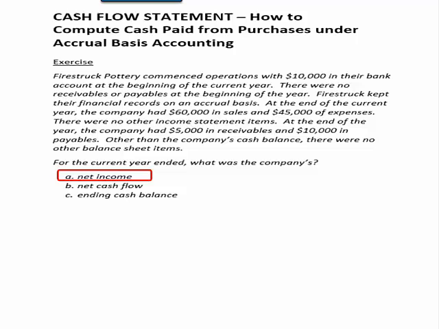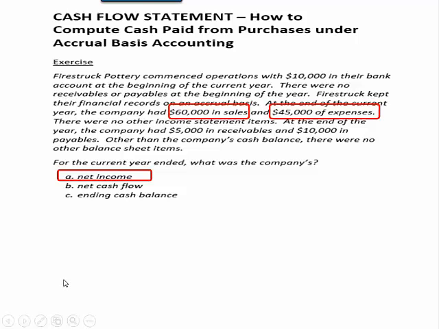Now we're saying for the current year ended, what was the company's? And the first thing we want to look at is what was the company's net income? Okay, we have to remember net income is not cash flow. Net income is simply the recording of our economic transactions relative to sales and expenses. So we have to examine what we considered to be the net income for